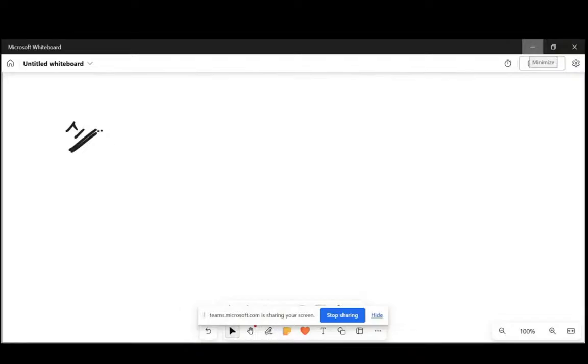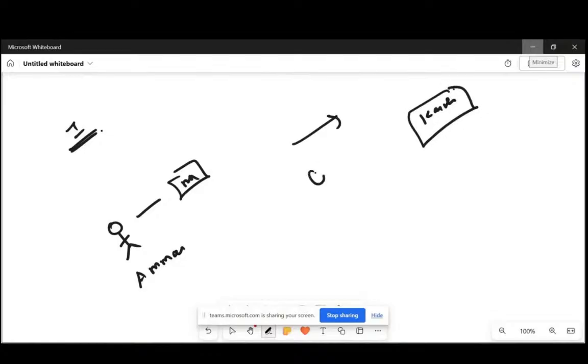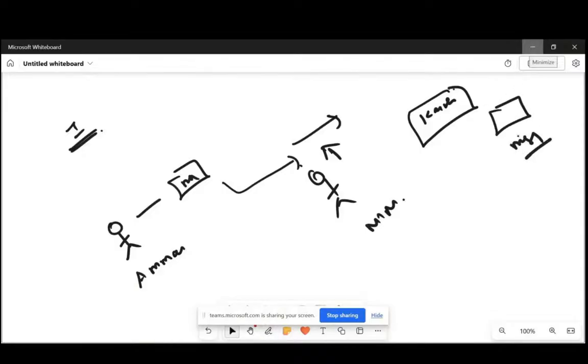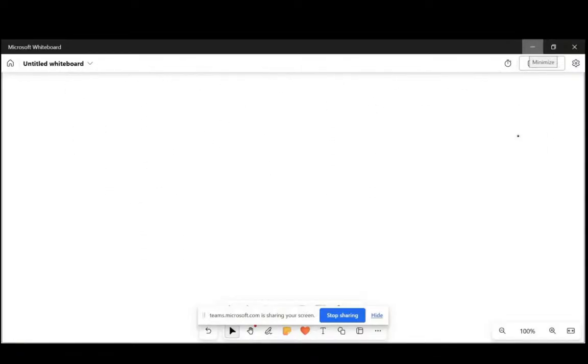Integrity. What is integrity? Let's consider we have a user Amar trying to send a message to the end user Karthik, and the message has been delivered. There may be a possibility of a man in the middle attack on the message conveyed by Amar. So Karthik needs to ensure whether this is the original message which has been conveyed by Amar. That is integrity. Integrity is all about no unauthorized